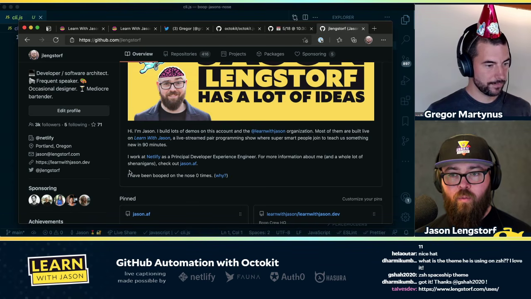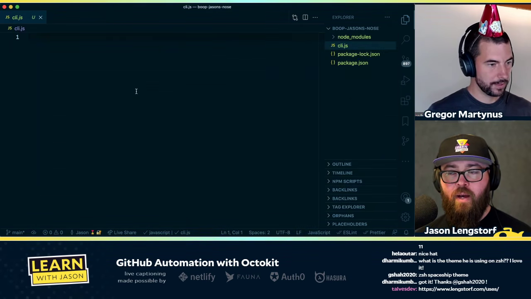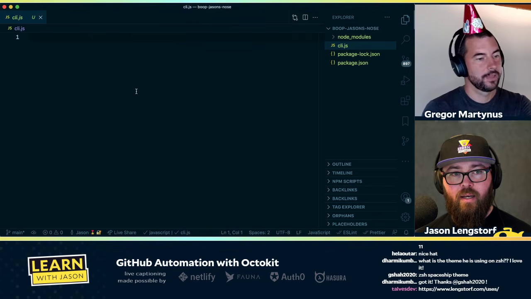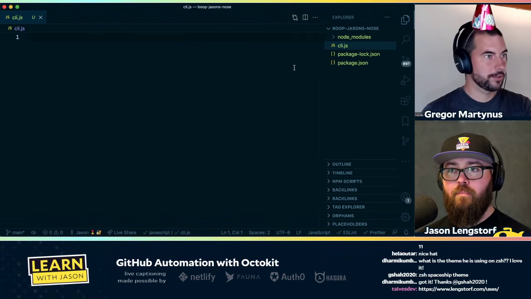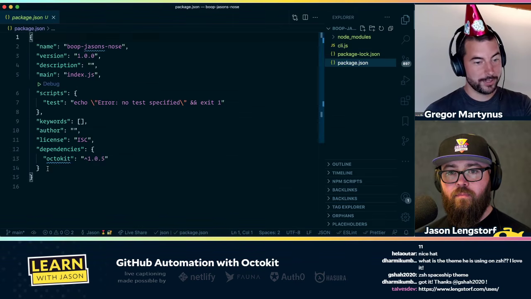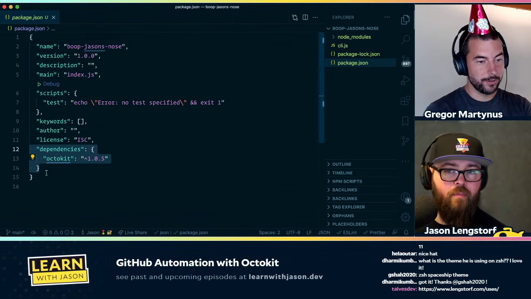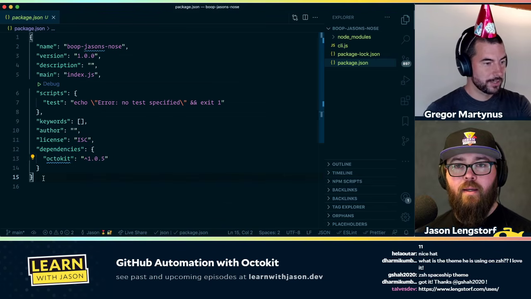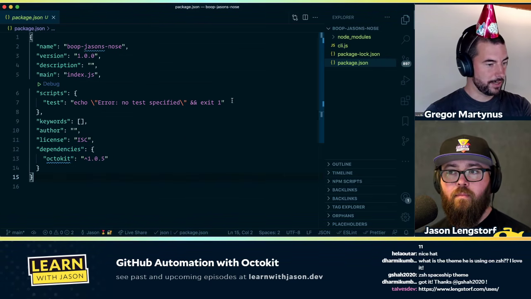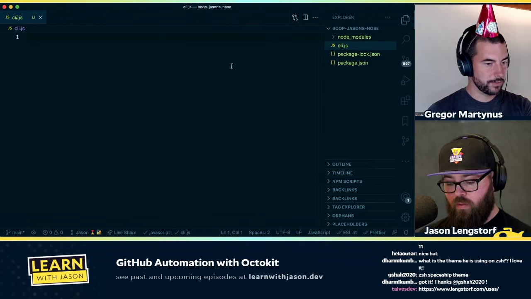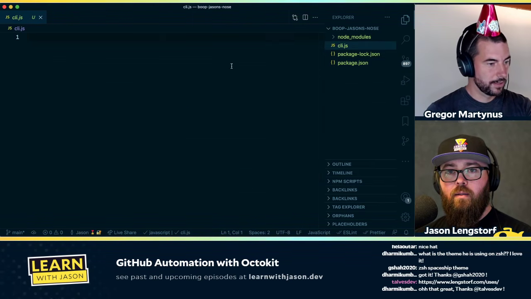So once we're there, then we've got this empty CLI file. What should I do next? So our goal here is now to automate the process to bump this thing without you needing to go in and edit it yourself, right? Yeah. So start out by importing the Octokit package. So you can use require, and then